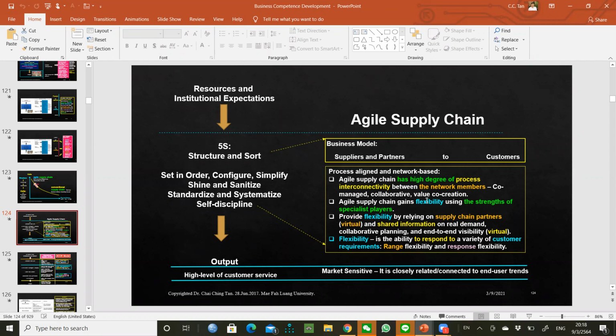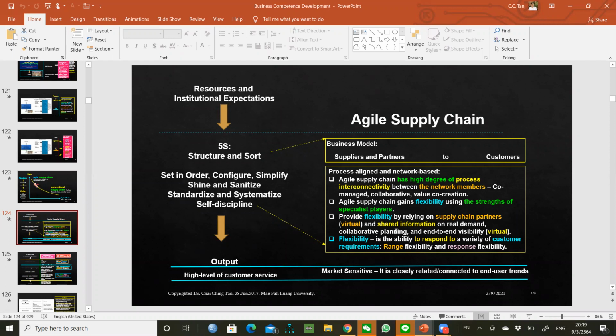So you're not playing in supply chain, you're extending your capabilities from others, from individuals, corporations, companies, focus more on supply network competition. Okay, so you use a set of network members to help you, and agile gains flexibility based on the network membership strength.